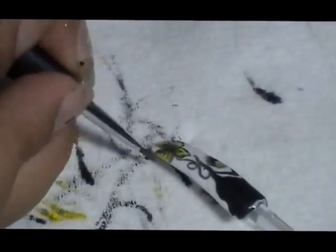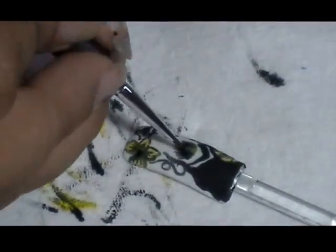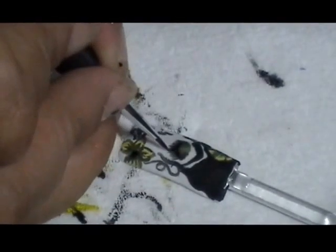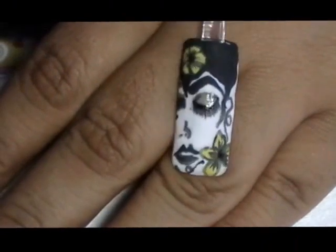And then I went in with the yellow. I thought the yellow would give it a little bit of a pop on the flowers, just because I was using a white background. So I just went in, like I said, with a really wet brush. I colored the flowers, and I gave her some color on her eyes, the same way with a wet brush. Other than that, I just went in again and darkened the spots that I wanted to be darker. And that's basically it. I let it dry for a few seconds,